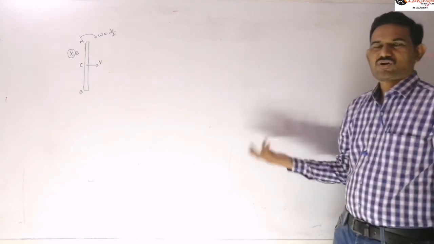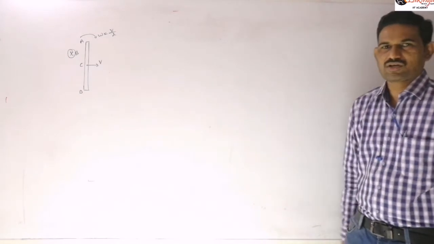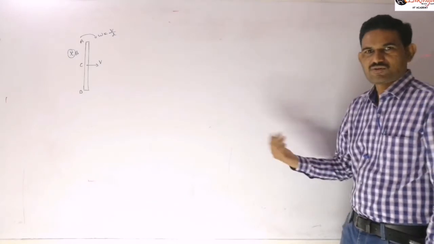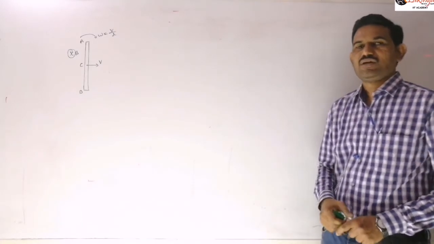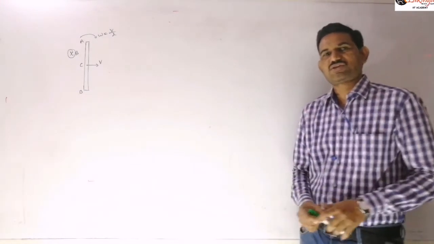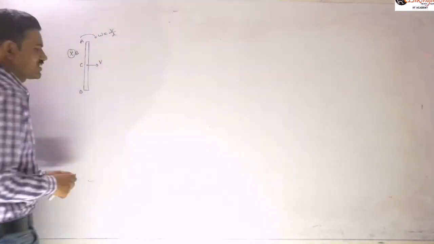So if it is a rod, for example, having only translatory motion, we know the BLV formula we can apply. And if it is having only angular velocity, then also we know we need to apply the B omega L square by 2 formula. But now the rod is in combined motion. It is translational as well as rotational here, so now we need to solve by taking the resultant velocity here, right?